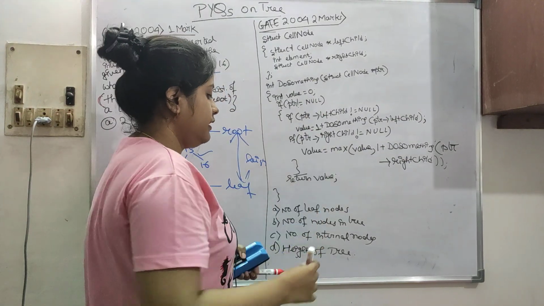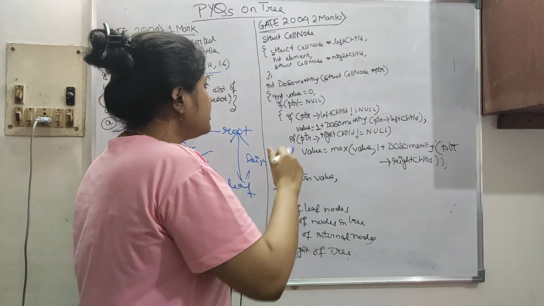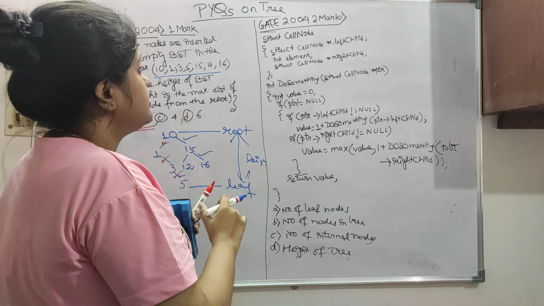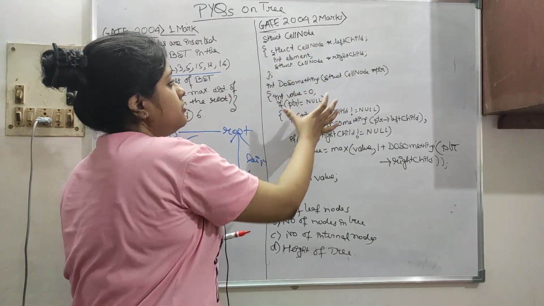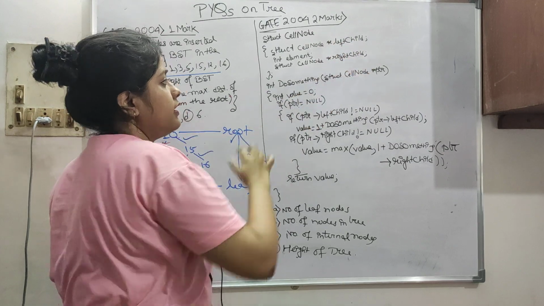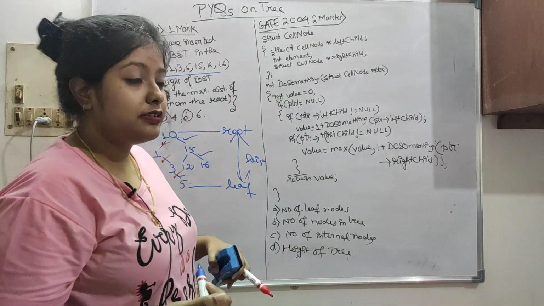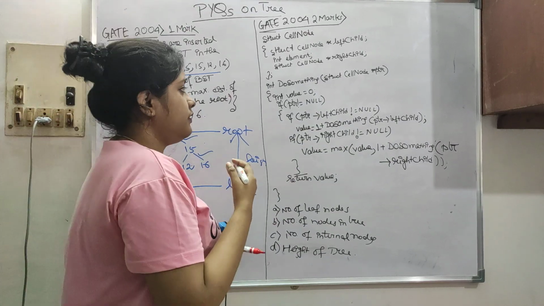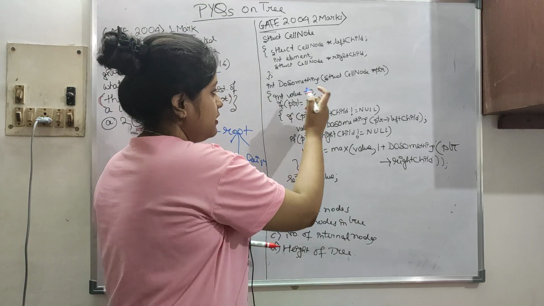Don't get scared by seeing the question only. This is not very difficult, it's actually easy. So what is asked here? A structure is created, and within the structure, other structures are created because of the left child and right child. Here our function is called doSomething. It is not given a descriptive name so as not to give you a hint about what it is doing.